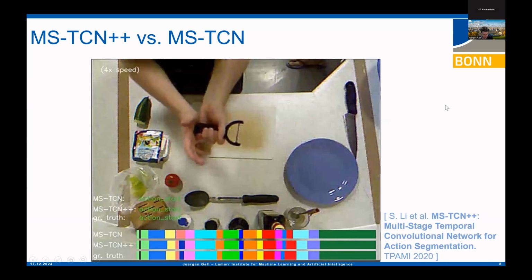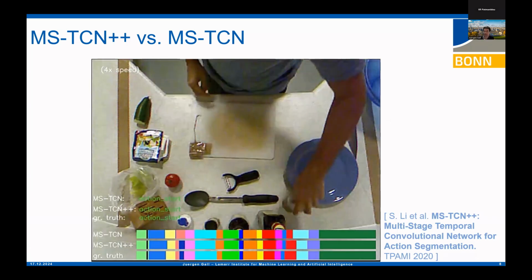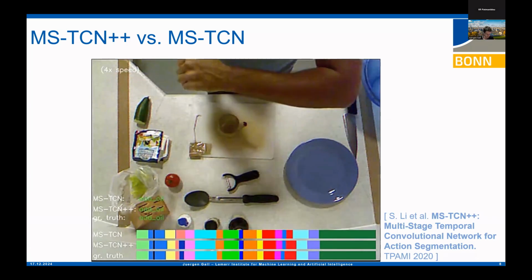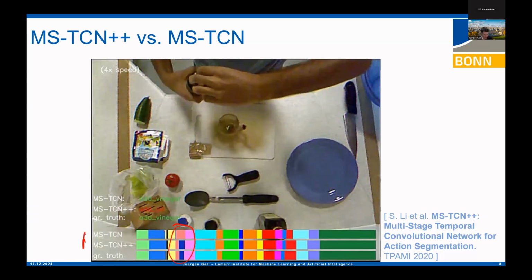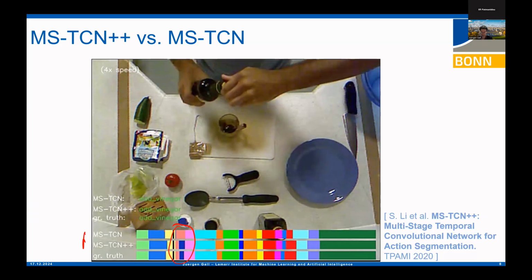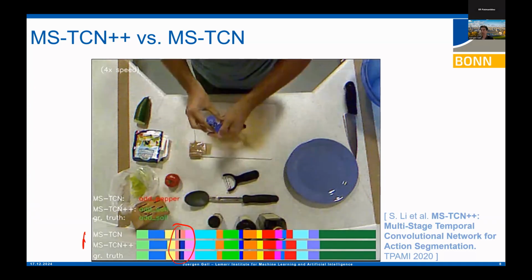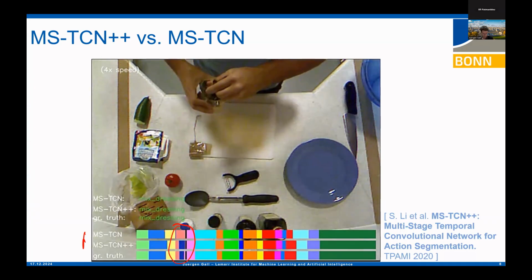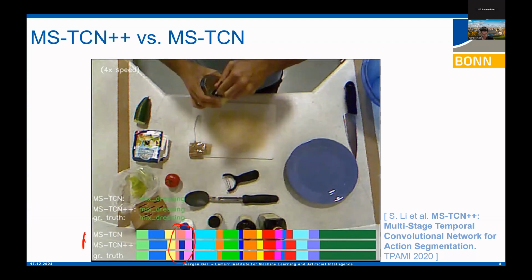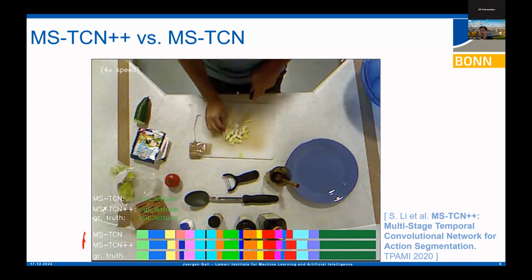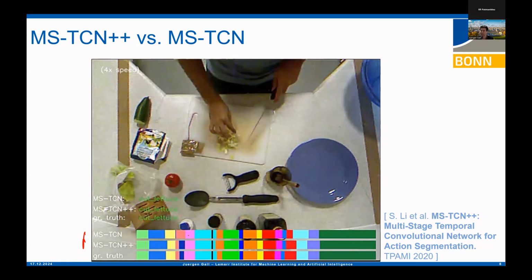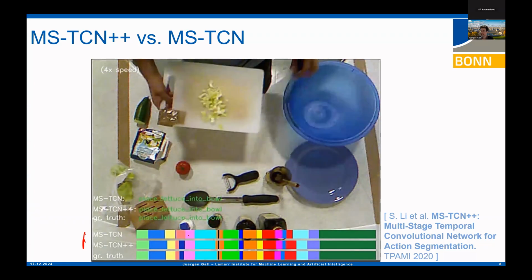So this video shows some of the results. Again, the lowest row is always an indicator of the ground truth. And you see there's not a big difference between the approaches. Just here, we have a change of the color, so it mixes it up using the pepper and the salt. But this is an example where we do some prediction on the video, and for the two networks with different structure, the difference is not that big.